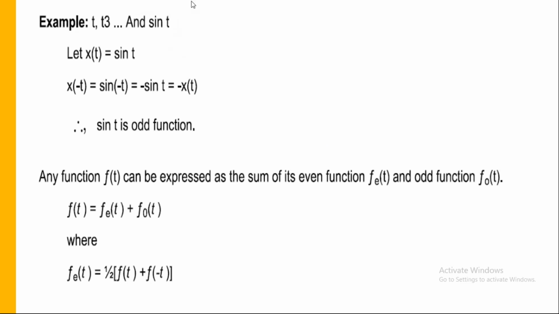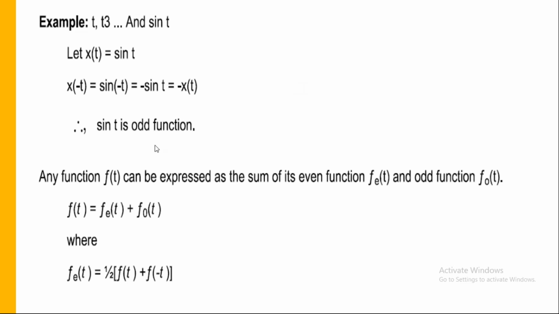Similarly, cos of minus t, you can't write as minus cos t, you can write it as cos t. So cos is an even function and sine is an odd function. Please make a note of it. Any variable with even powers can be treated as an even function, and cos is also an even function. Any variable with odd powers, and the sine function, is an odd function.